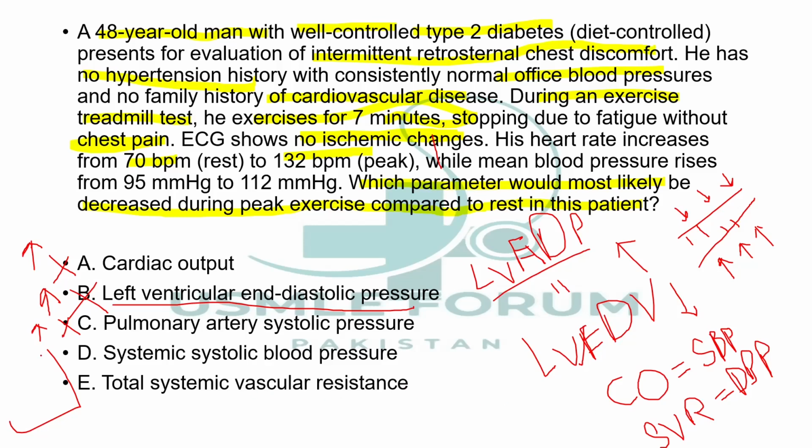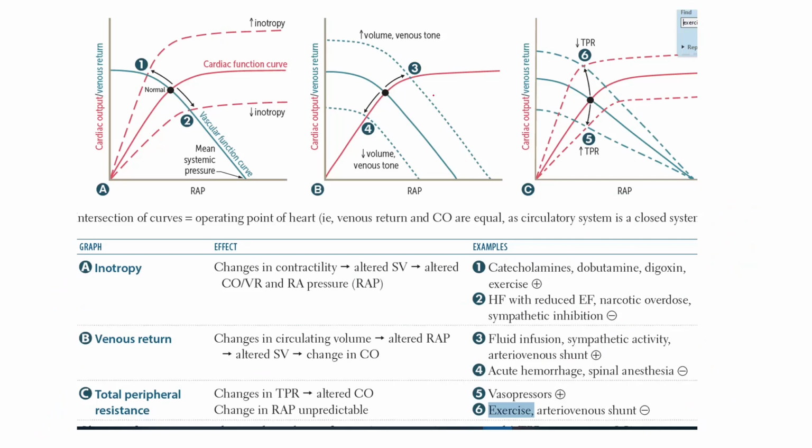So this would also be increased because, as we've discussed before, cardiac output increases. So if cardiac output increases, the systemic systolic blood pressure will also increase, right? If you remember, we discussed it right over here. So they both are related to each other. That's very unlikely if one increases and the other decreases. So the correct answer by elimination is total systemic vascular resistance. And also by logic, if we know the high yield factoid, which is on the next slide,